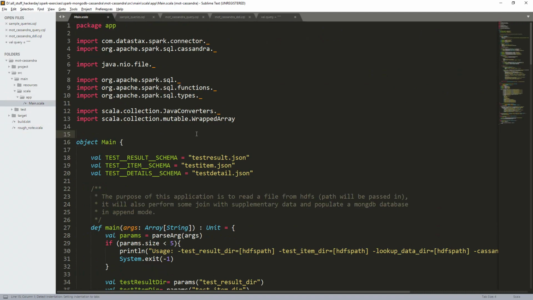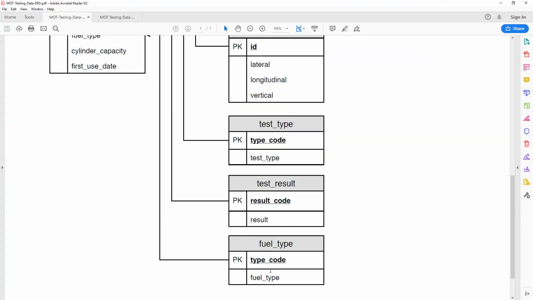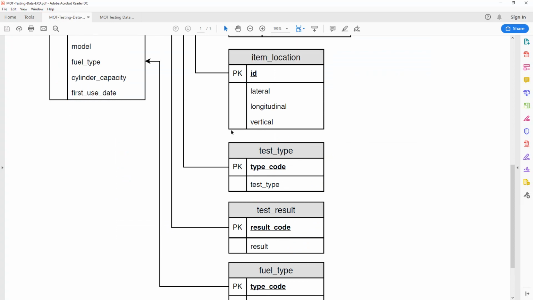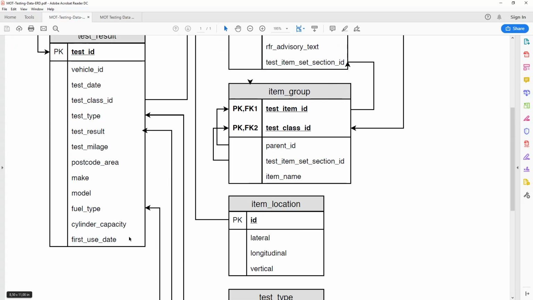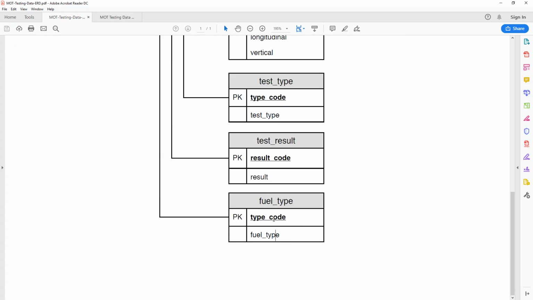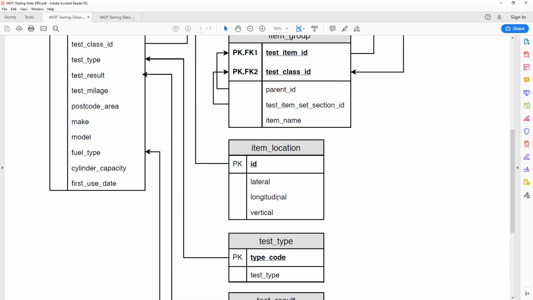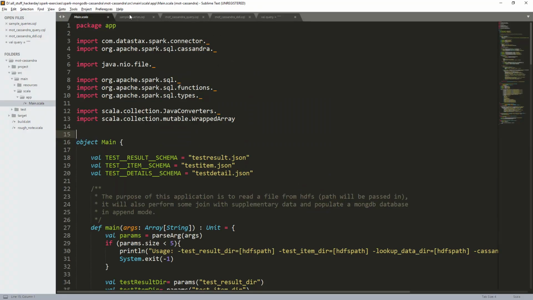If we come back here, what we did was we collapsed all these lookup tables, because we don't have lookup, into this one test result. So we literally have everything here. That's just a pretty way of saying we denormalize the data. And we denormalize the data, but that's not all. We also